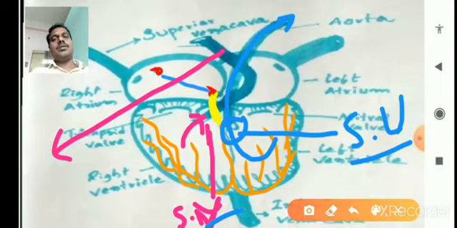When they open, the blood flows into the main aorta and pulmonary aorta. So the main aorta and pulmonary aorta gain the total blood from the contraction of the ventricles, and then the semilunar valves are